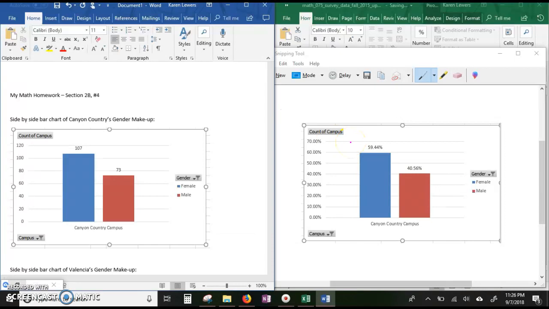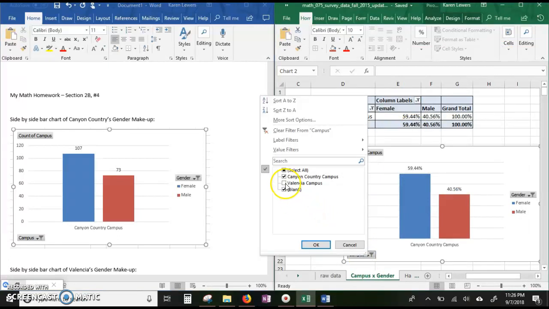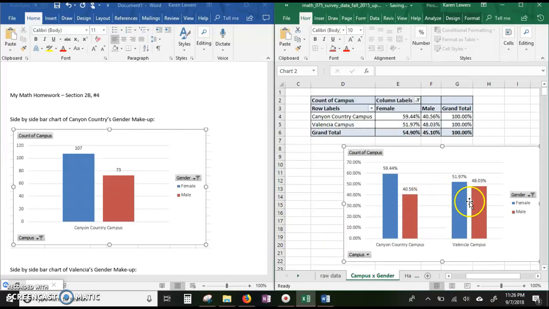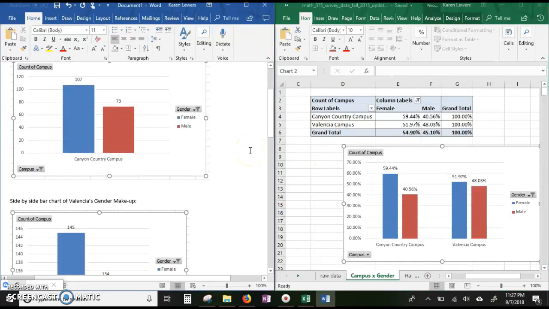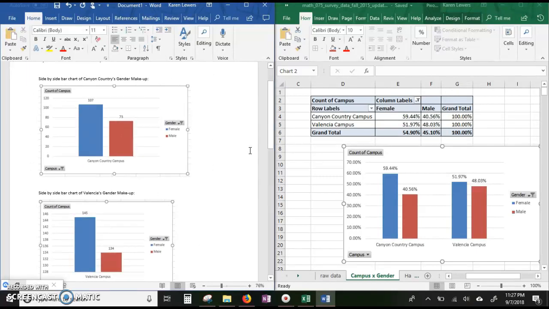You're welcome to make these smaller or organize the page how you like. And as I said, I also do not mind if you do not do the filter. Because there's this kind of space identifying that this is 2 separate bar charts, I'm fine with those 2 being on the same bar chart. The only thing is you can't do percentages and frequencies on the same graph. So you could, instead of doing these two right here, the Valencia and the Canyon Country separate like this, you could keep these with their,